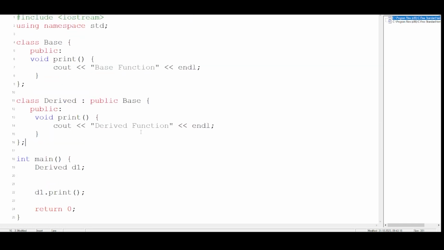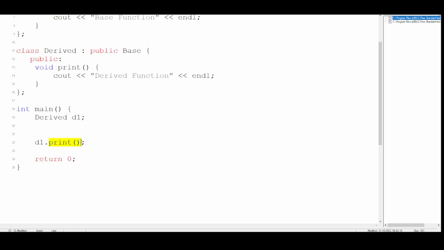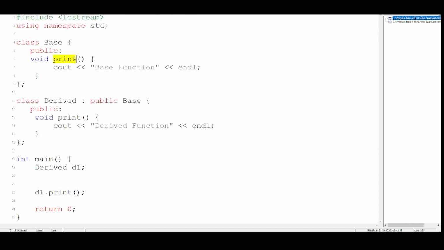Now the interesting thing here is what we did inside the main function. We made an object from the derived class. That is this one. So D1 is the object of this particular class. Now with this D1, I'm calling the print function. The question is, which print function will be called, even though I have inherited properties from this particular class and it has the same function? It is a little bit confusing which one exactly will be called. So if I run the code, will I get this as an output or this as an output?